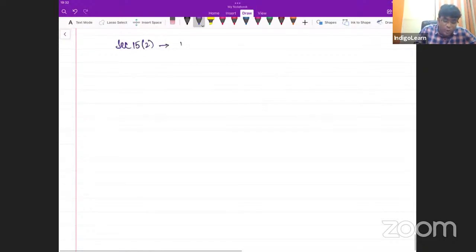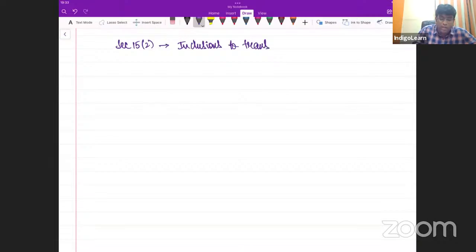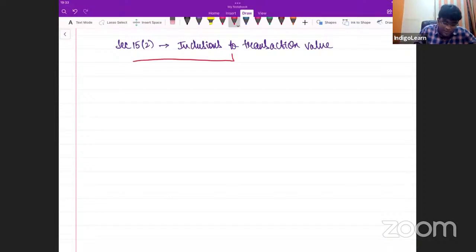Section 15(2). Inclusions to transaction value. That means what? What all we will add to this transaction value? In this, we have got 5 important points, my dear friends. Listen carefully. Okay, let me go one after other. First point,